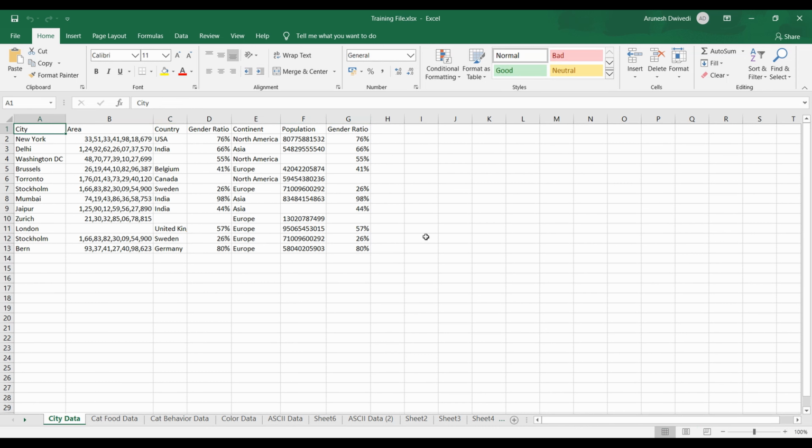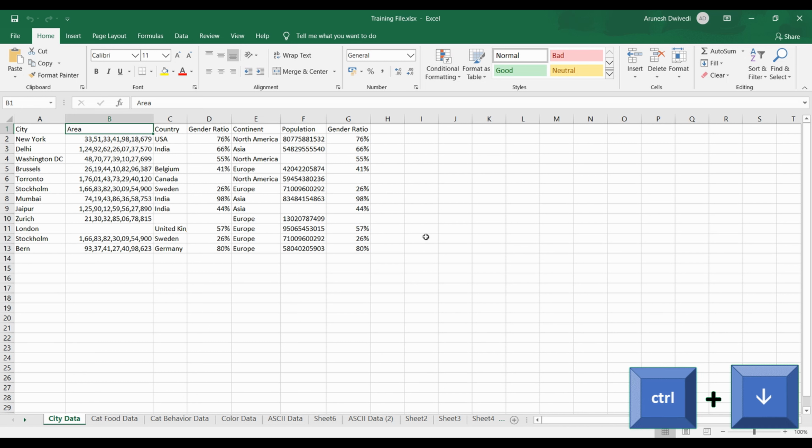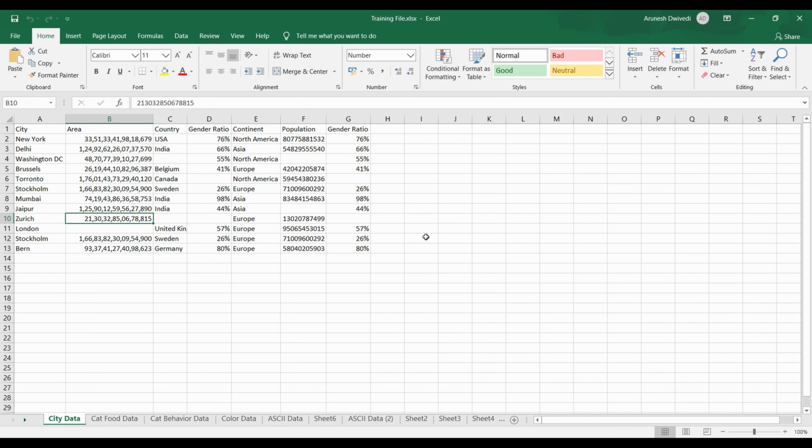Similarly, if you want to navigate in the columns, that means you are in the starting rows and you want to reach the last row, then what you need to do is press Control down. The rules remain the same. Till the point the cells are filled, it will take you there and it will stop. If you press again, it will take you to the starting point of the next filled area, and when you press it down, it will again take you to the last filled area.